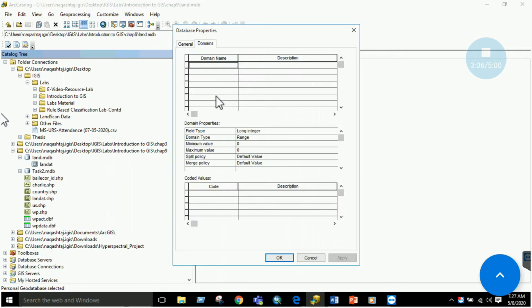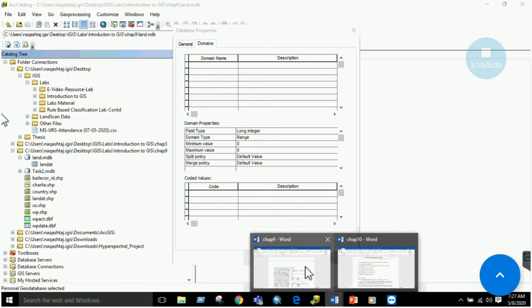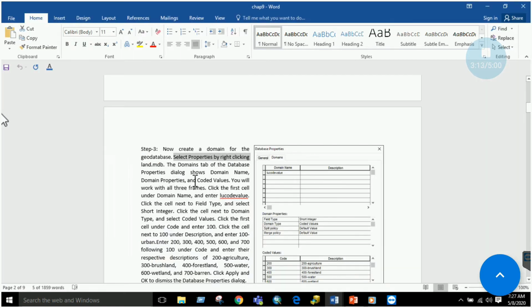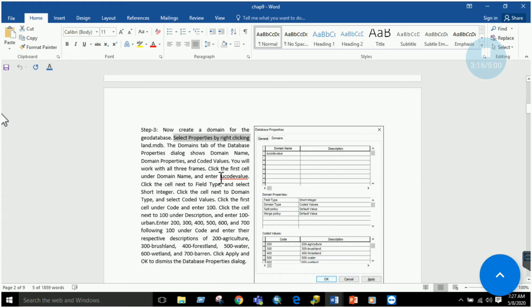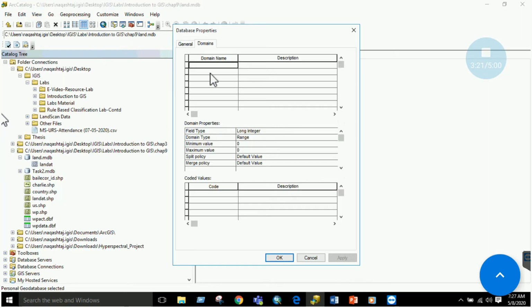In this properties, you will have domain name, description, right? So you will have to write the domain name over here, and you have to write this value, lu code value. Just copy it or write it here. Domain name is lu code value, right?